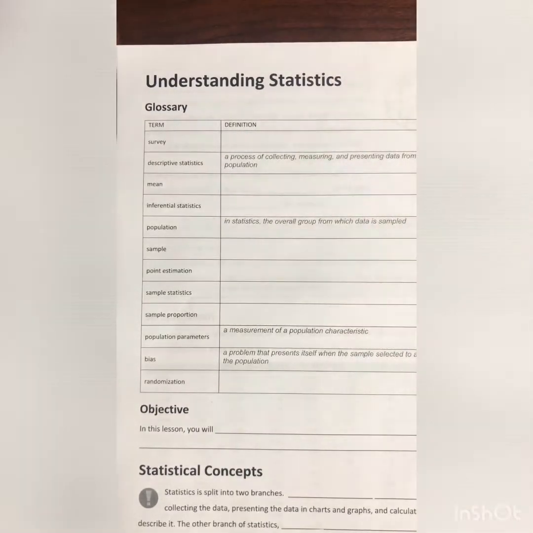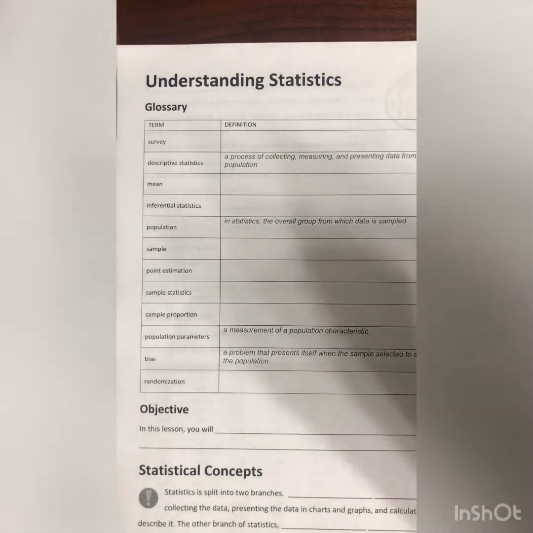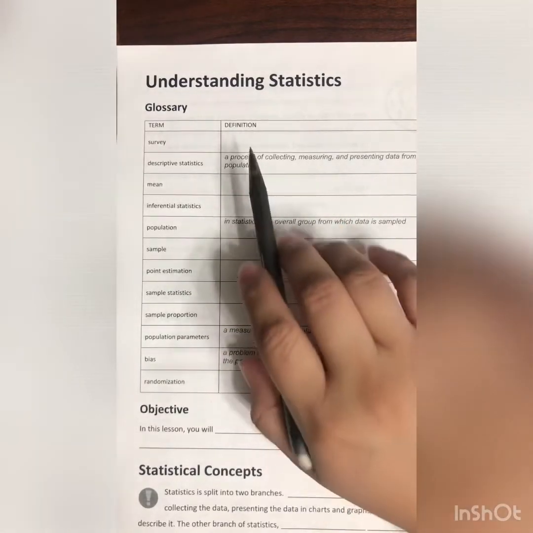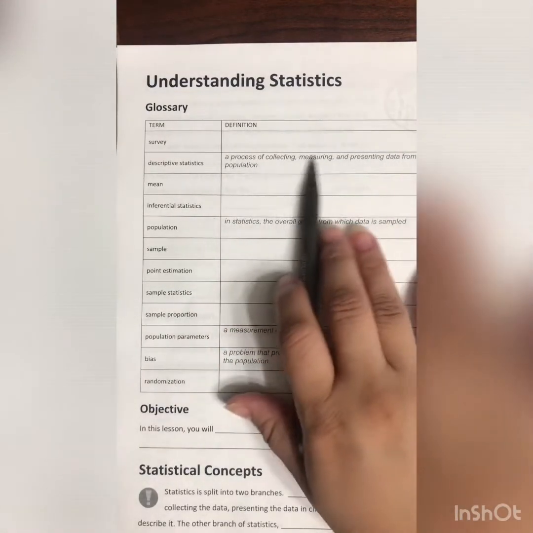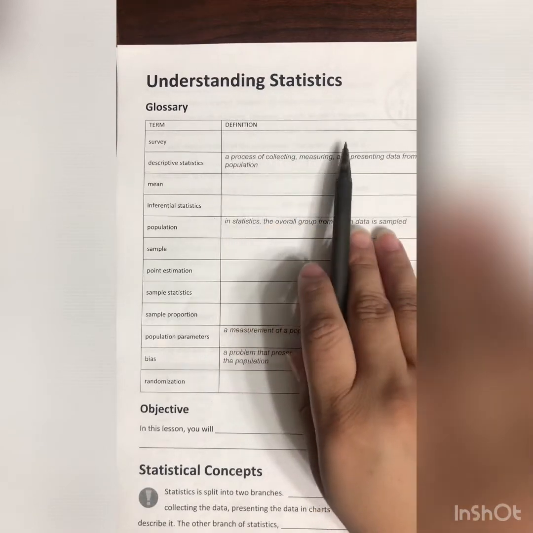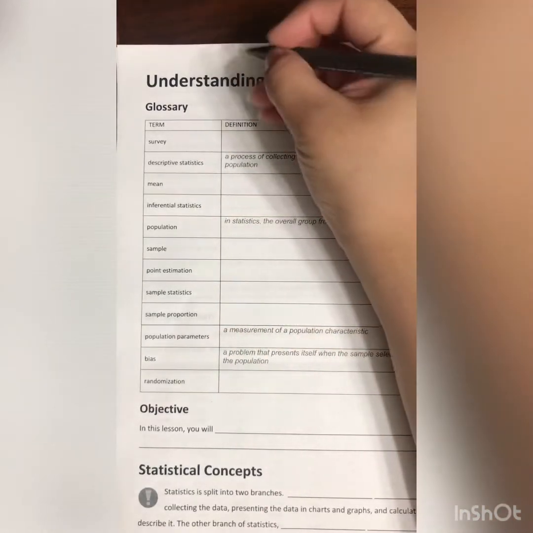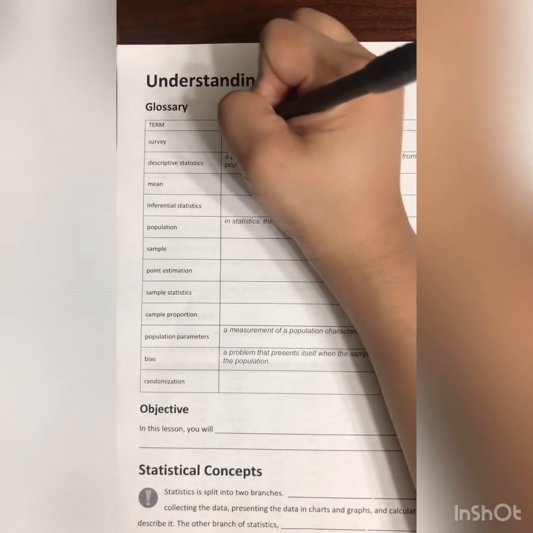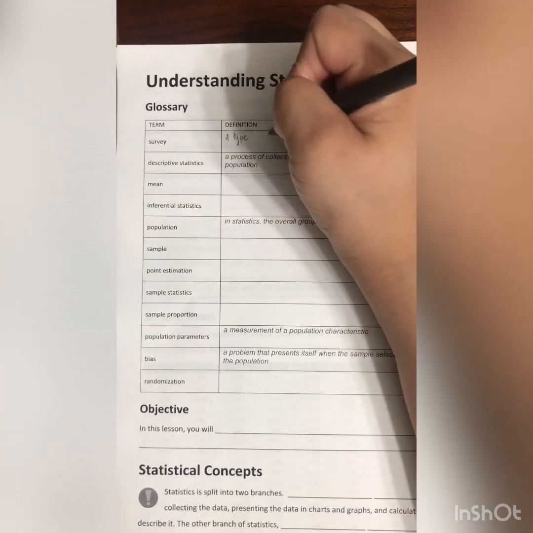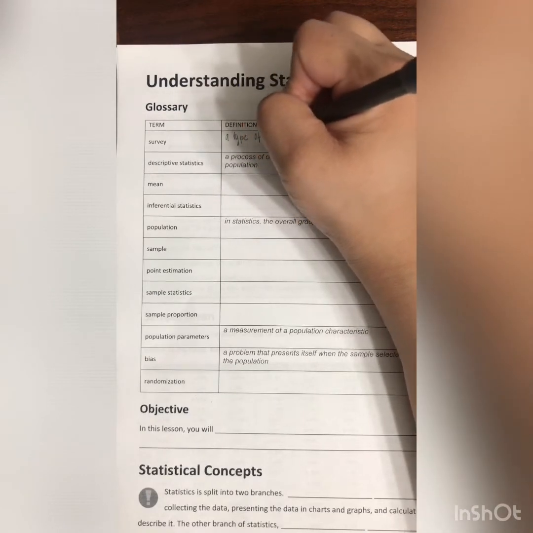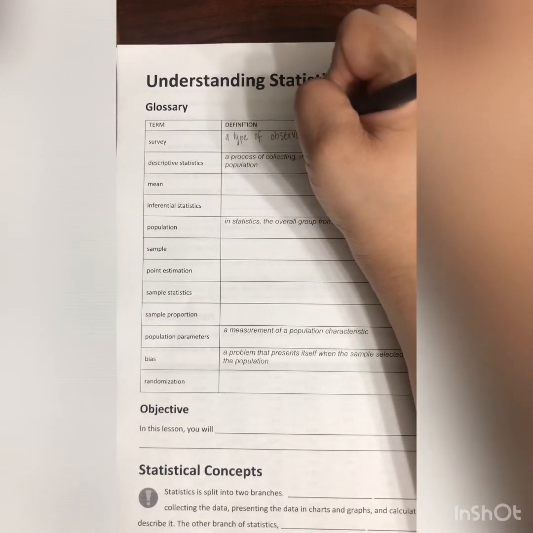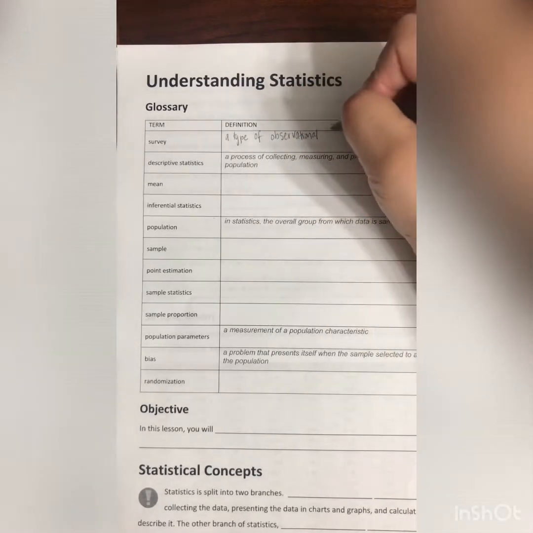If you just want to look at them, then that's okay. Okay, so what is a survey? Again, I have these already printed out, so I will be looking at my sheet to copy these down. Keep in mind that this is the long book definition, so you can always shorten it if you want to. But a survey is a type, this is a pretty long one, so if you write big, it might not fit, a type of observational study